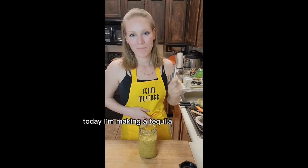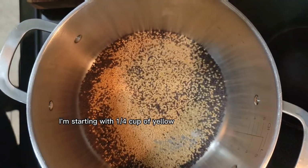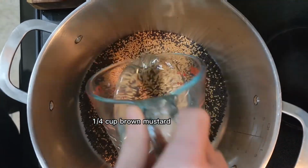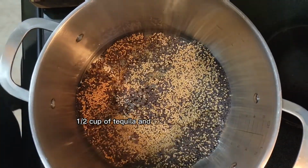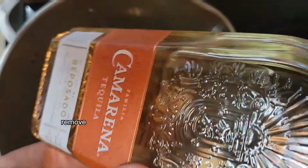Today I'm making a tequila mustard with a serrano infused vinegar. I'm starting with a 1/4 cup of yellow mustard seeds, a 1/4 cup brown mustard seeds, a 1/2 cup of tequila, and a 1/2 cup of water. I'll bring it up to a boil, add the lid on it, remove it from the heat, and let it